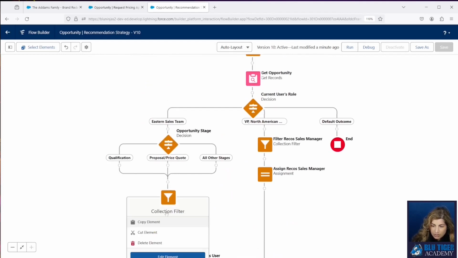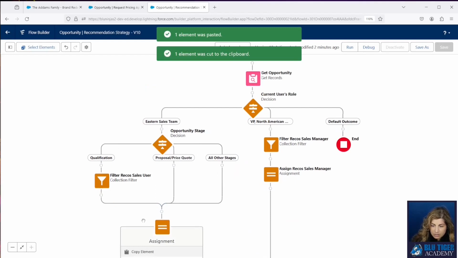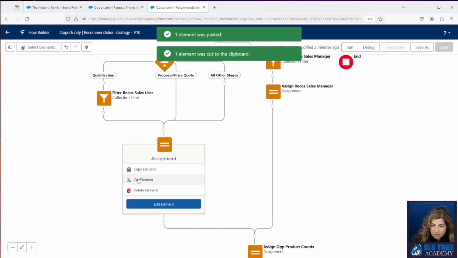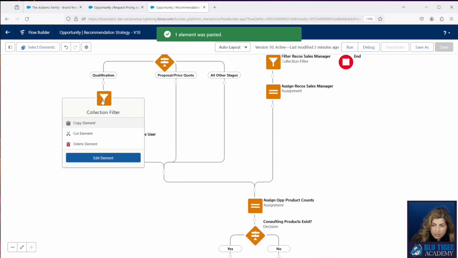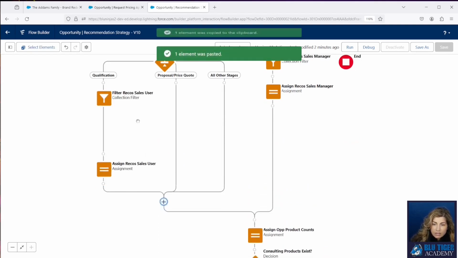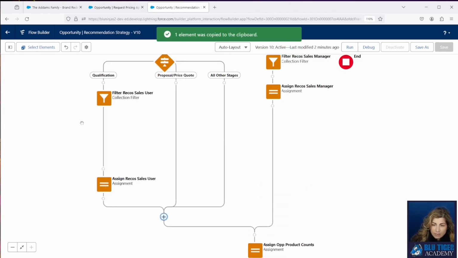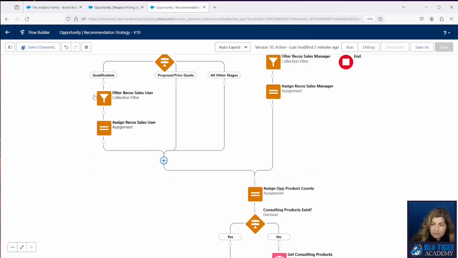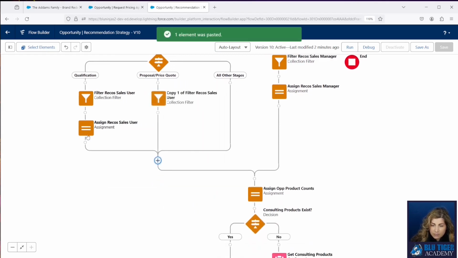Now we'll move this puppy up here. This one over here. And then I'm going to copy and paste over here. Copy and paste over here.